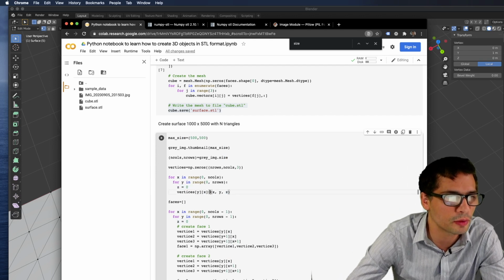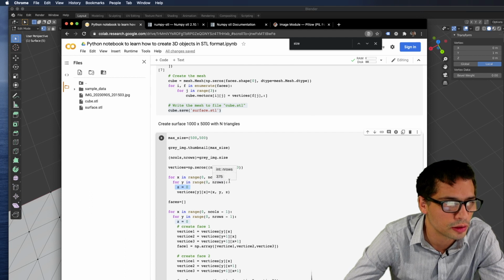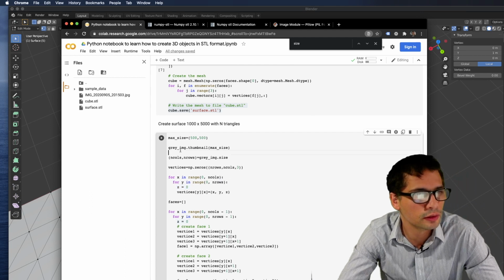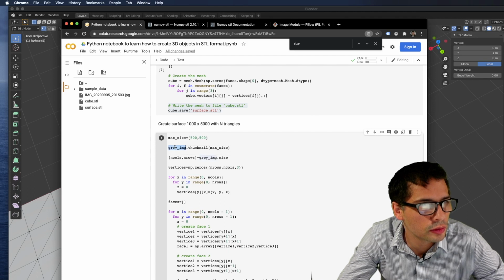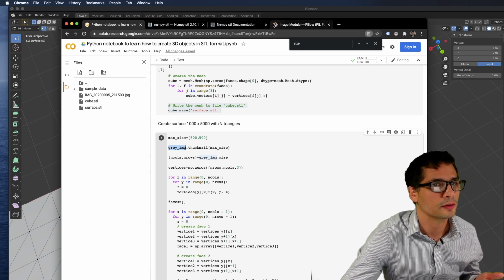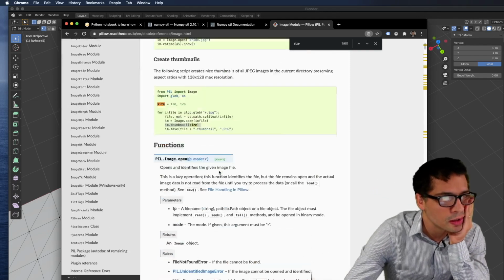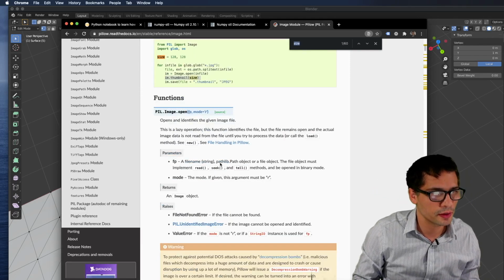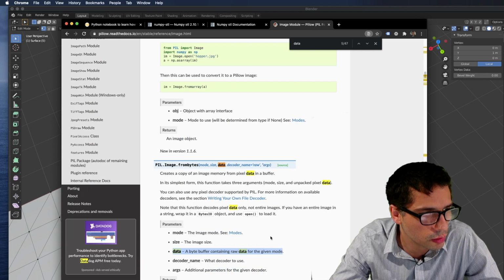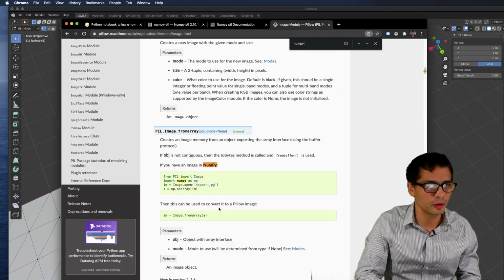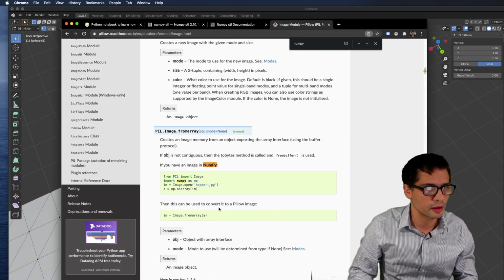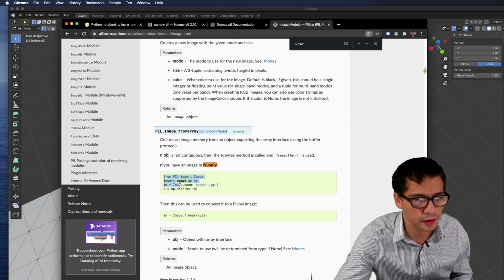So this is a good time to look up our image and get the pixel intensities. Somehow I need to be able to convert this image to a two-dimensional array, and in this way I can get grayscale values. I don't remember how to do that, so I'm going to look it up. Image module, let's see if there's anything that gives me the data or some raw data. What is the raw data? I don't know. I'm going to do a Google search to see how I can convert this to NumPy, but I think I found it.